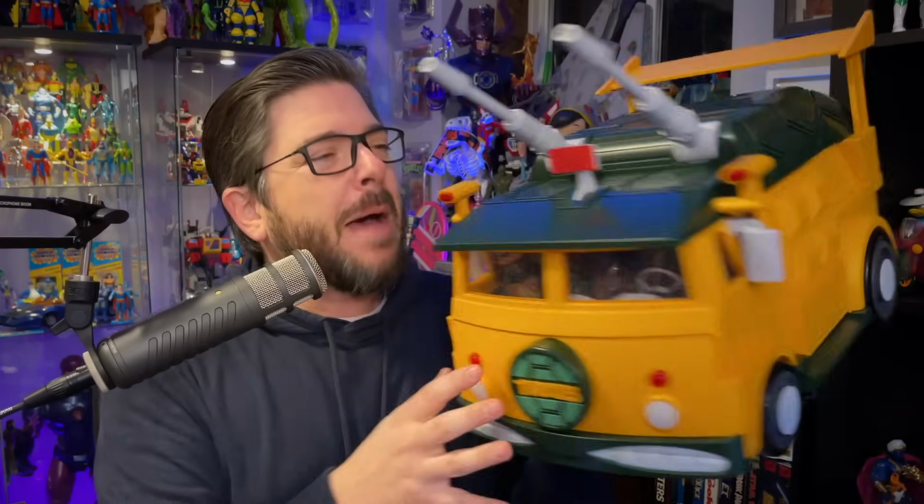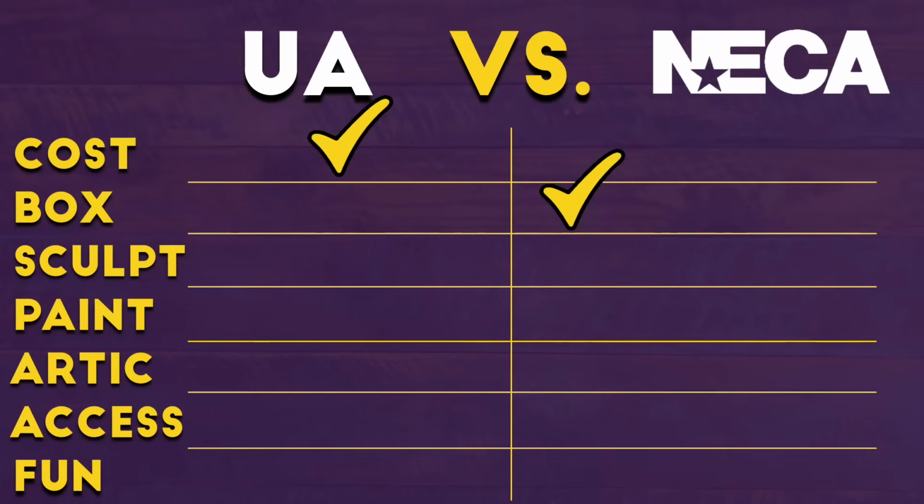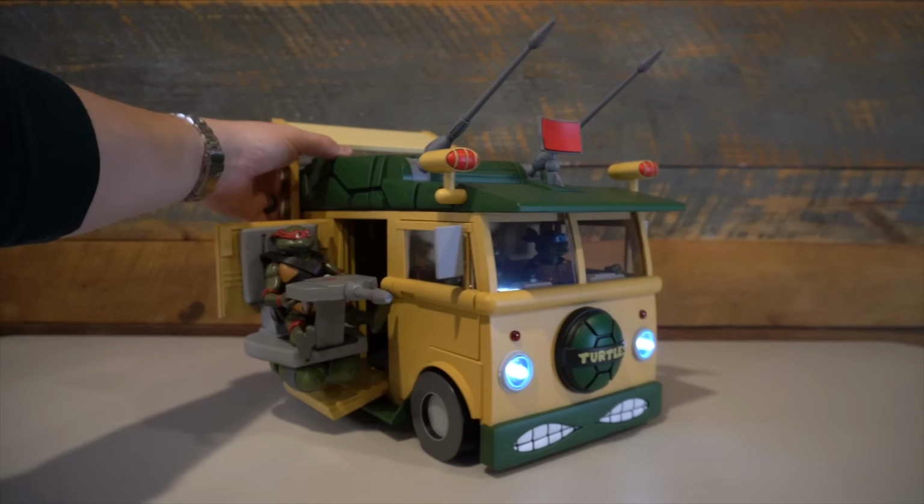And even though the sculpting on the Underground Arsenal van maybe isn't as accurate, I think the overall curvature to the front, as well as the larger scale of it, I don't know, captures the spirit of the cartoon version of the Turtle van better. And I think for that, I gotta give the win, and it's a slight edge, to the Underground Arsenal one for me. Next up is the paint, and honestly, I thought the NECA one would have run away to win